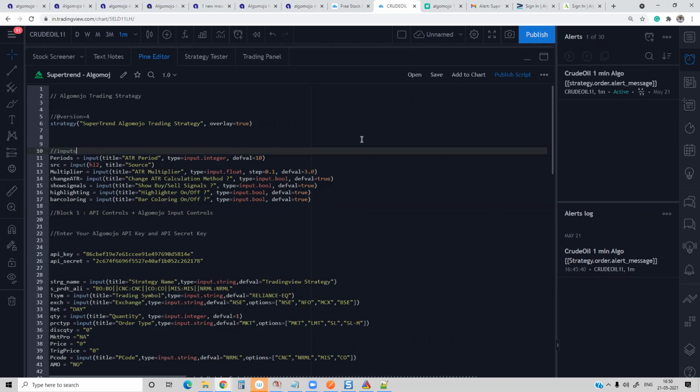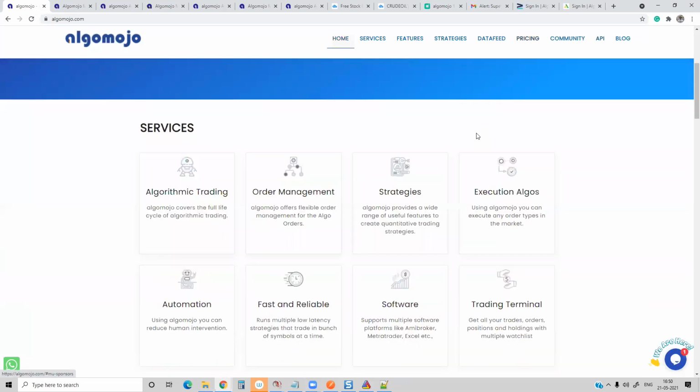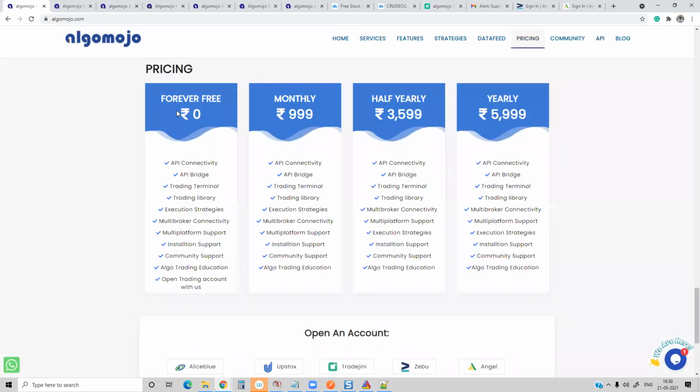Sridhanya is asking, what are the brokerage and charges for the brokers? For a partner broker, of course, it is the same brokerage that your broker is offering. There is no change in that at all. You can opt for whatever broker plan they are providing. But if you are opening under an AlgoMojo account, you will enjoy access to the AlgoMojo platform at zero cost.